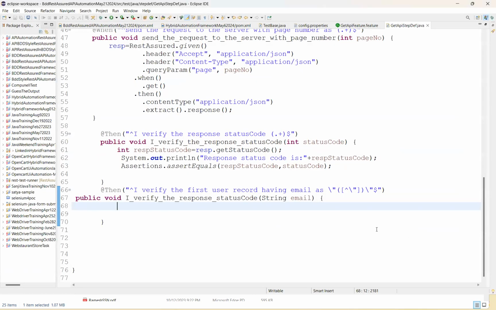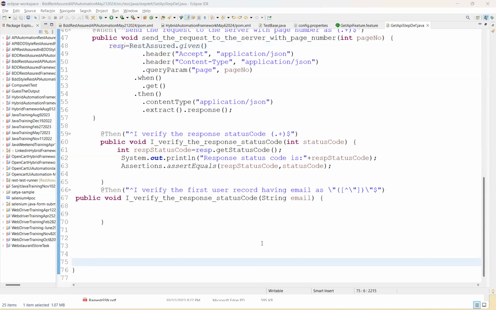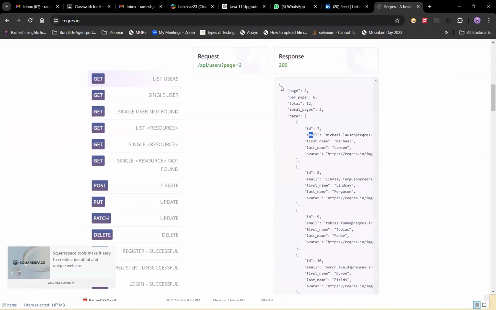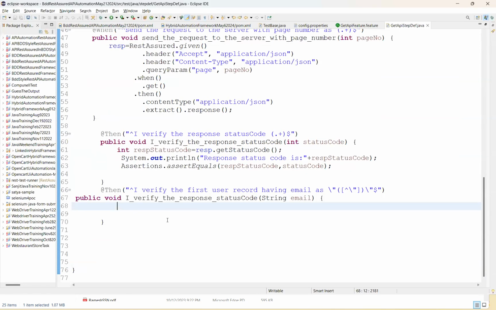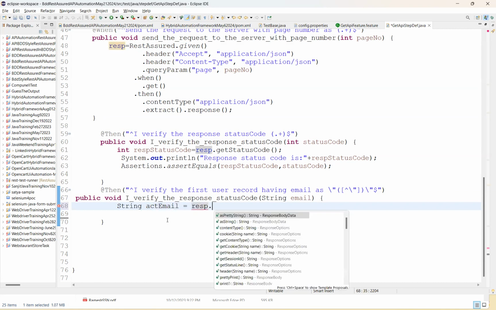So let's provide that path. First of all, you need to get that path. How to get that? You already have a response, right? This entire data will be stored in the response. Let's fetch that. So for email, you can say string actual email. That's the actual email. Then resp dot